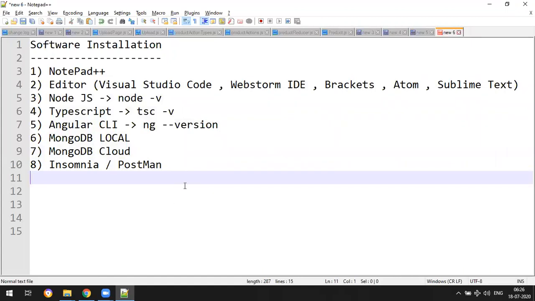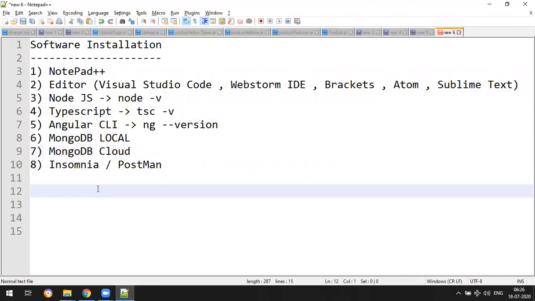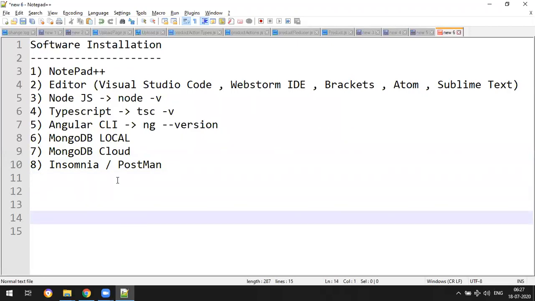Along with that, we are using NGRX for state management, and we also use Stripe payments and PayPal payments and Google authentication. And lastly, we'll be developing the major project, an e-commerce application. That's a full-fledged e-commerce application, and there we can do payments, the cart selection, everything. So that's a plan, completely real-time oriented.